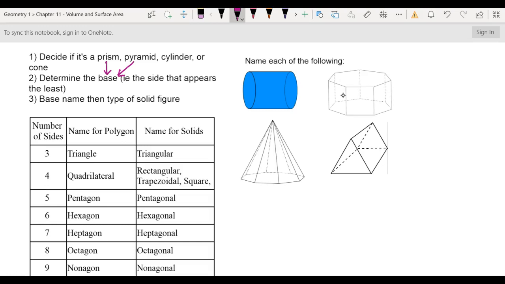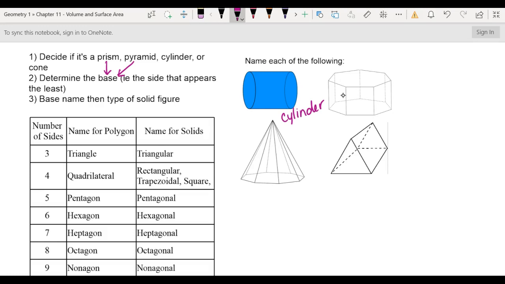So let's do this first one. What shape is that? That one's a cylinder. Okay, remember cylinders just are cylinder. Cones are just cones. Spheres are spheres. Hemispheres are hemispheres. They just have the one name. Okay. This next one is it